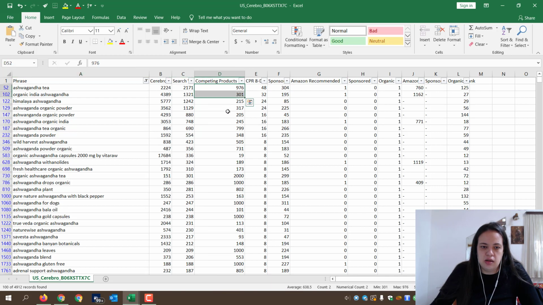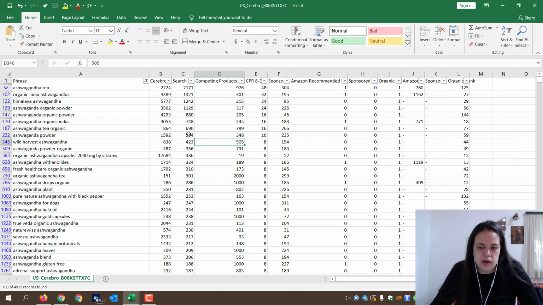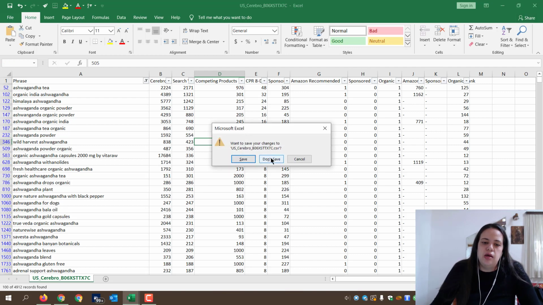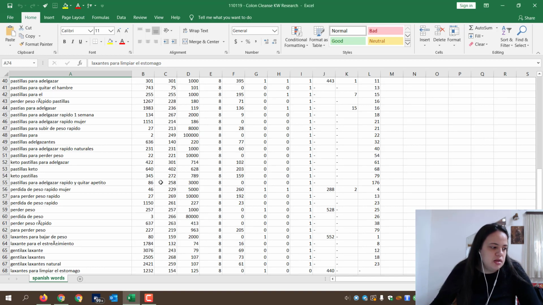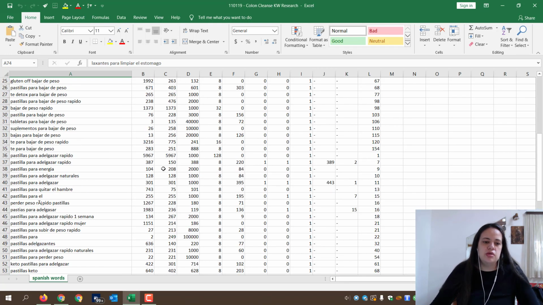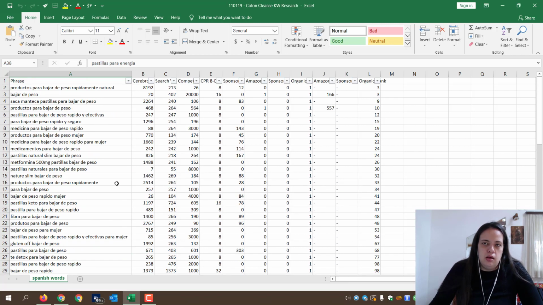This might sound like a lot in the competing products column, but this is only because it's such a crazy competitive category in general. So competitors' organic keywords, that's one of the ways in which you could find cheap long-tail keywords for your brand. The second way is through using the Magnet tool. Like last week I described that there's a Magnet tool that you could use, and very often if you enter a seed keyword in the Magnet tool, like for example ashwagandha capsules,